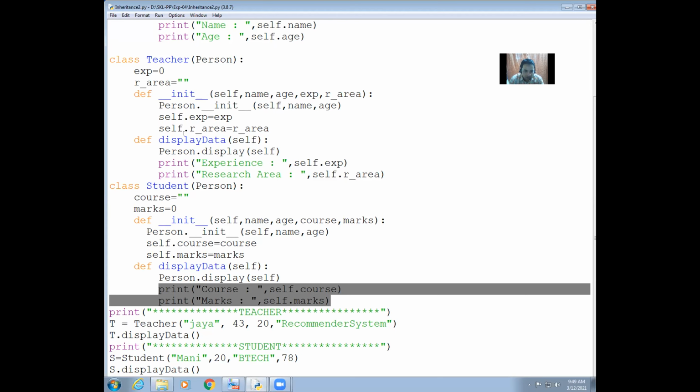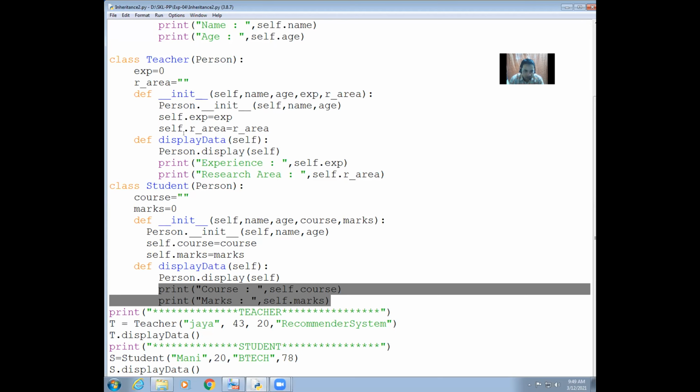Here we are creating an object of the teacher class, right? We will create the object of your student as well as the object of the teacher. So basically t is equal to Teacher, the object of your teacher class. Whenever we refer to the teacher class, how many parameters will it require? Name, age, experience, and research area. So the name is to be passed, then age, then experience, and after that the research work is to be passed.